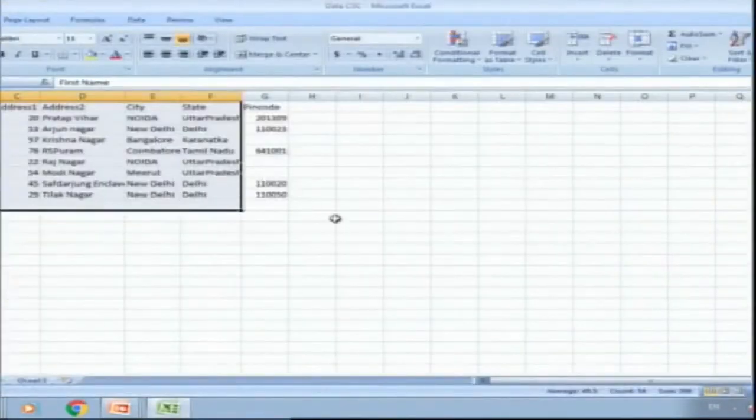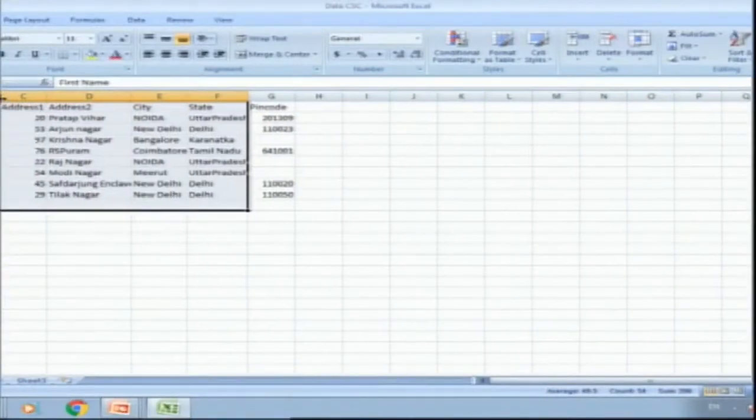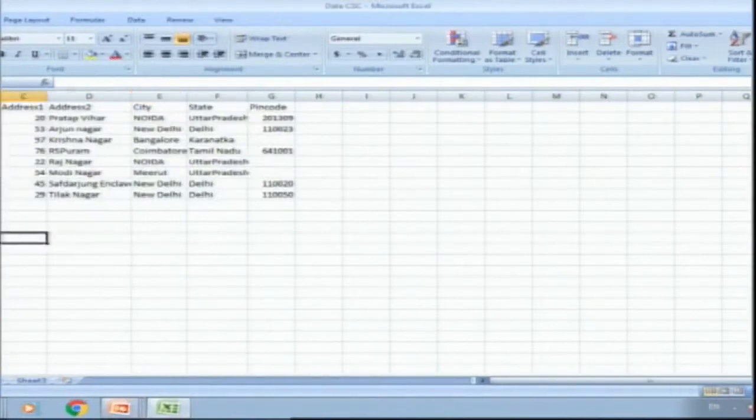So here in this worksheet, we have some data. If I want to apply some styles or some basic formatting, how can I do it? Here you see the headings: first name, last name, address 1, address 2, city, state, pin code.